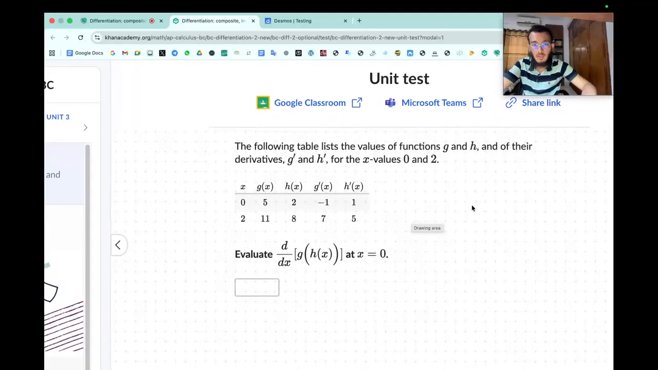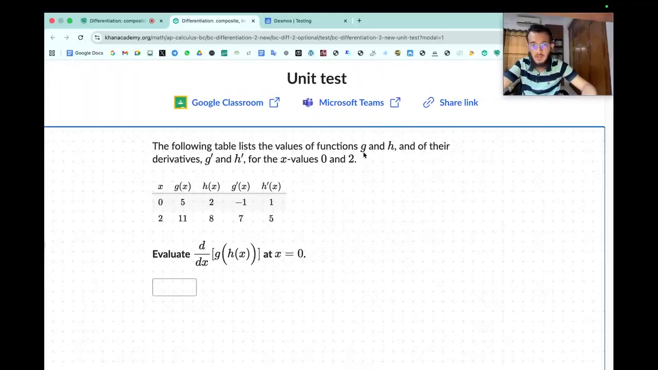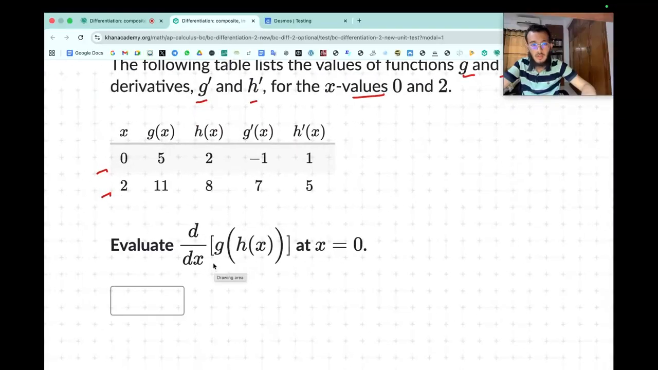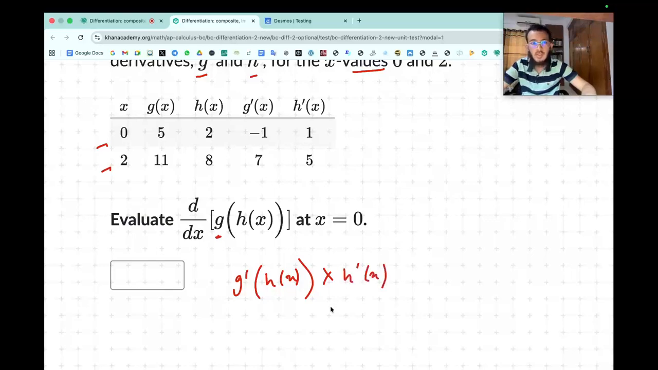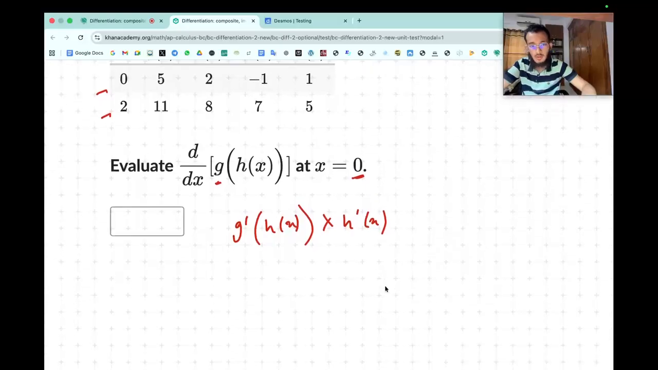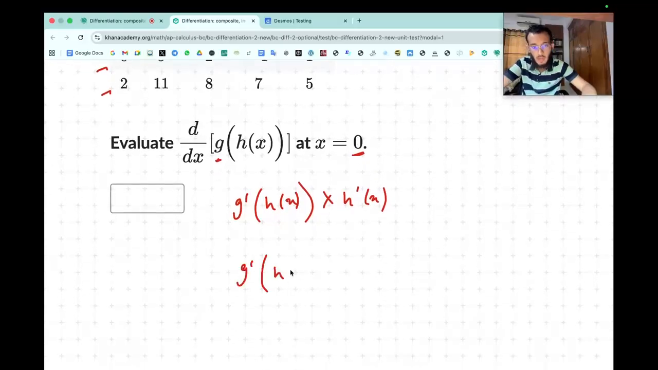Okay, the following table lists the values of functions g and h and of their derivatives g prime and h prime for the x values 0 and 2. We are told to evaluate d/dx of g of h(x). So this would be g prime h(x) times h prime x. And because we're told to do so at 0, we write g prime h of 0 times h prime